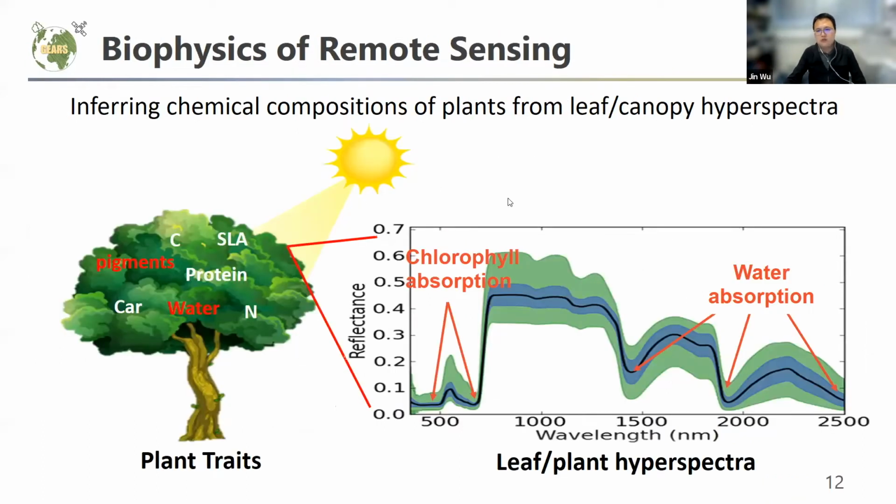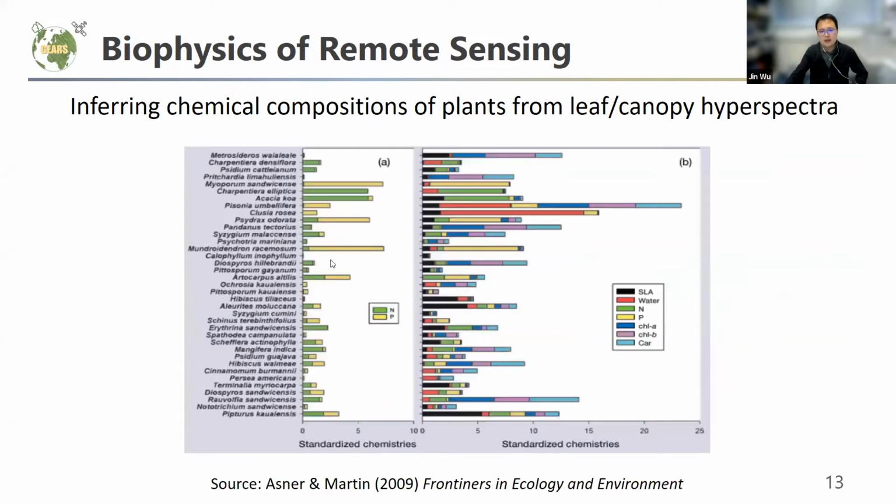Beyond the two examples we just mentioned, pigment and water content, we can infer more from hyperspectral remote sensing data. In theory, more traits can be inferred, like carbon, leaf mass per area as an indicator of leaf thickness, a morphology trait, and nutrients and so on. That means if we have hyperspectral data, we can also characterize the canopy in a chemical way, right?